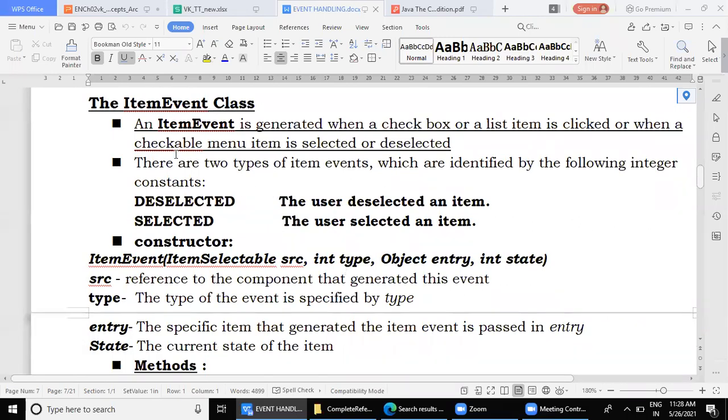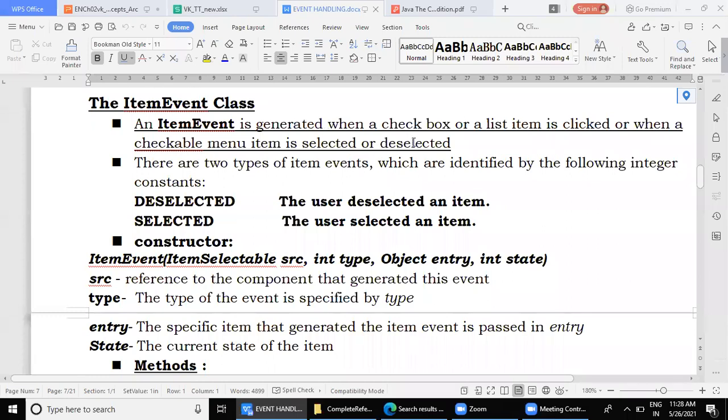Which is this class? Item event class. Yesterday in the video, if you paid attention, you will understand it, but let me repeat theoretically. The item event is generated when a checkbox or a list item is clicked, or when a checkable menu item is selected or deselected.